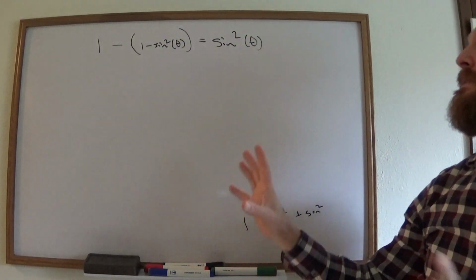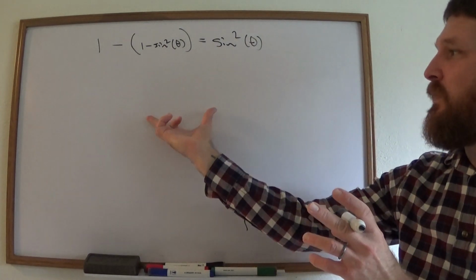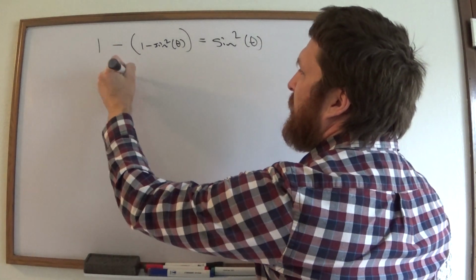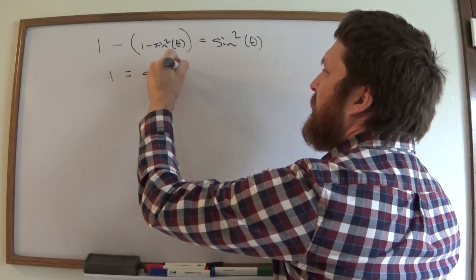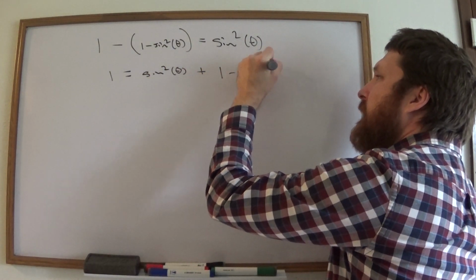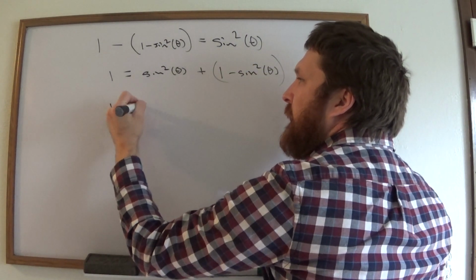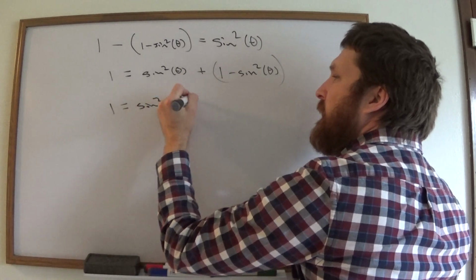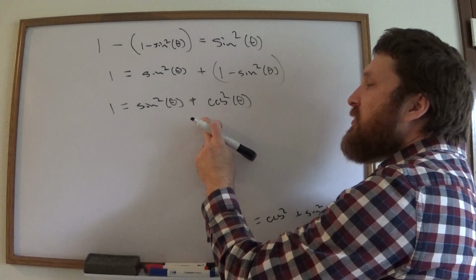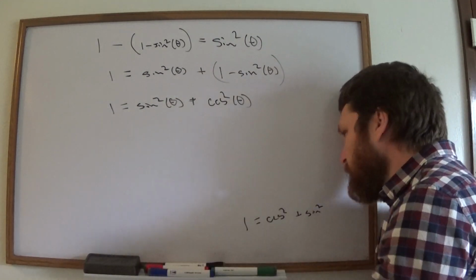But my point is, another way you could do this is to just repeat this with everything, right? And just say, well, hold on. I could do this type of thing. I could add this to the other side, plus 1 minus sine squared theta. And then that's equal to sine squared theta plus cosine squared. That's true. And on the test, if you do it in this order, that's cool too,